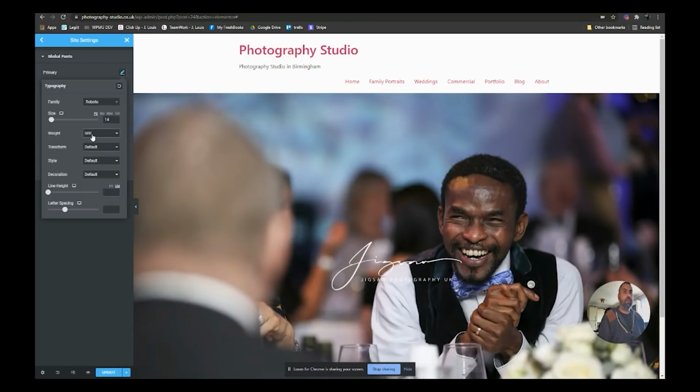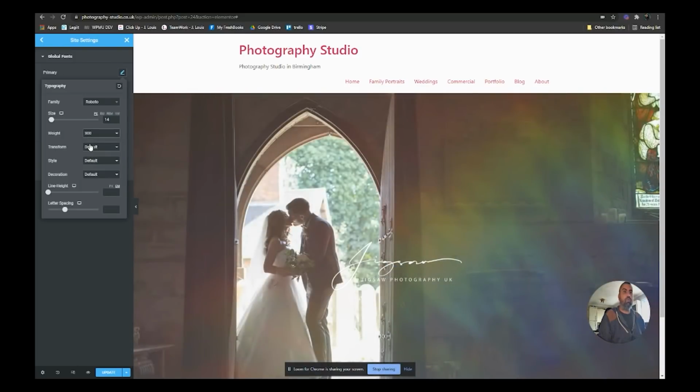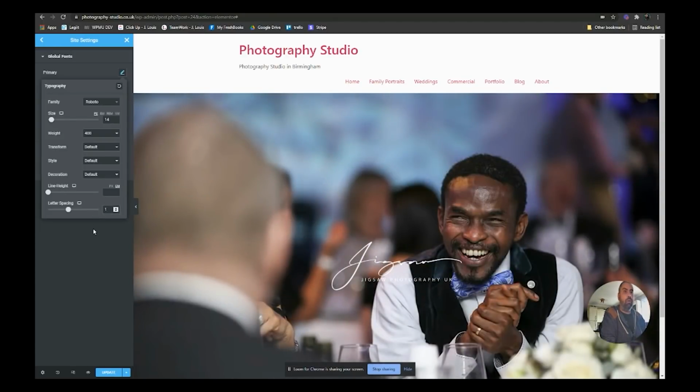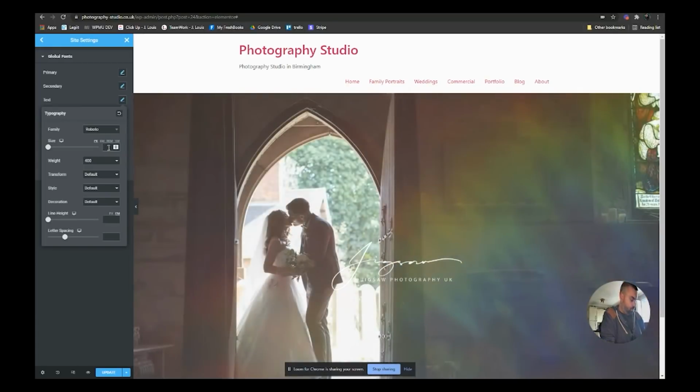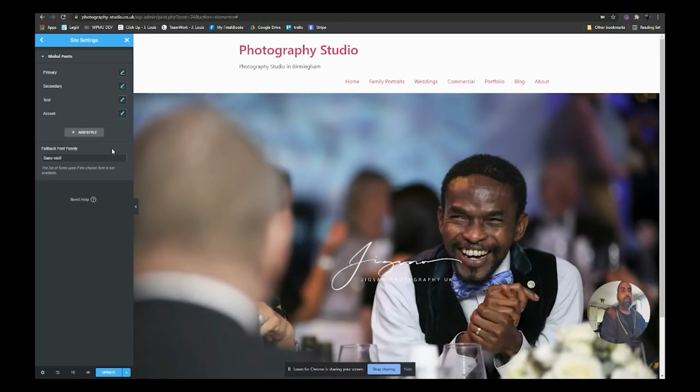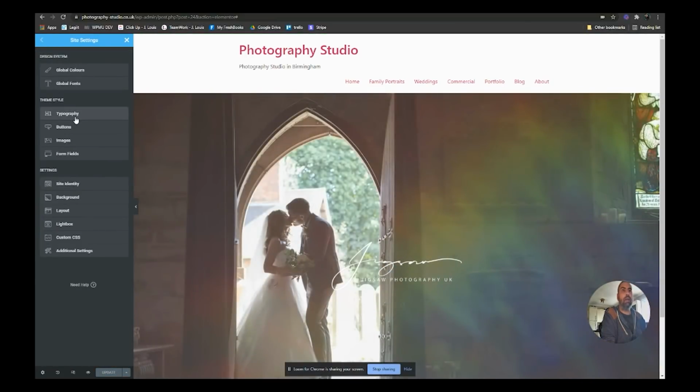I want the weight to be, say, 400 or something like that, just a normal weight. And a letter spacing, let's have a 1 just to give it a bit more letter spacing. And we can go through all of these and do the same, to suit your website. You can always go back in and change any of these at any time. Press update, go back, and then